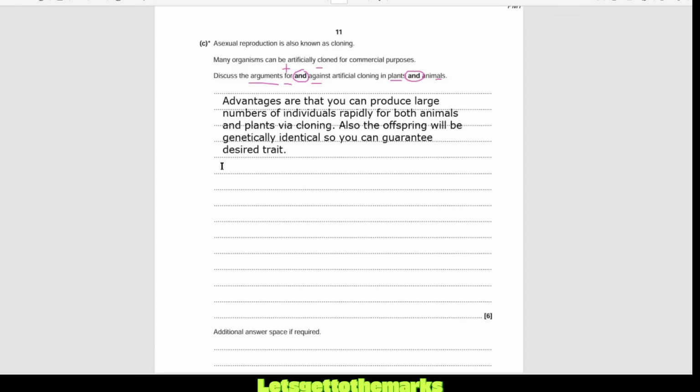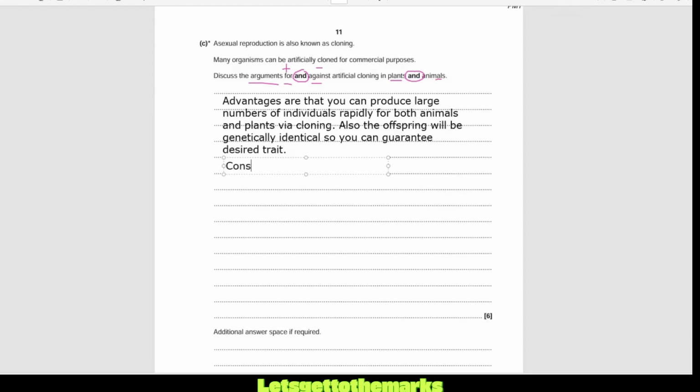What are some other advantages? Endangered animals like, I don't know, the panda. If you clone the panda, then you're more likely to keep them alive by having copies of it. Endangered plants, certain orchids, you could clone them and get copies of them. Also, cloning skips out the whole fertilization and mating and all of that sexual reproduction, especially with animals. You don't need to find a mate. So you could actually conserve the species through cloning.